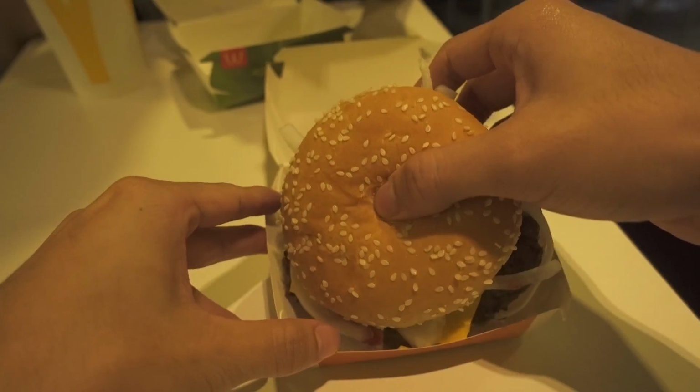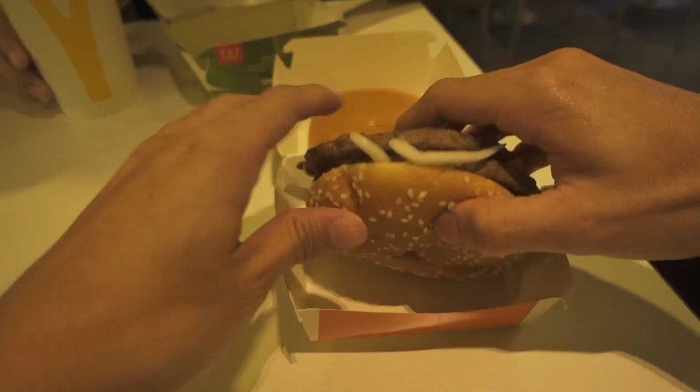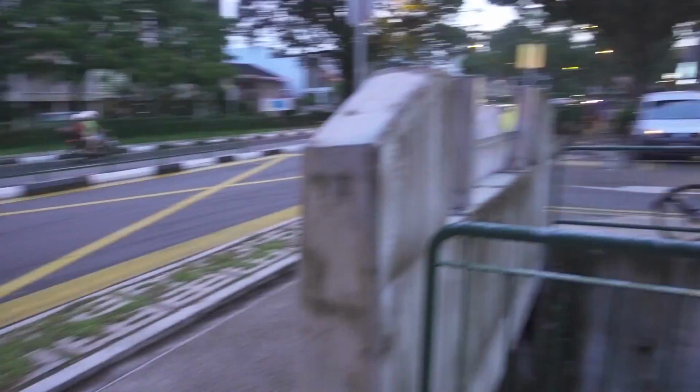So before we go to the place that we are trying to check out, which is the back alley of one of the places that I usually go to, we are going to get other than for holding purposes, the bottom bun is just useless. Completely useless. So then